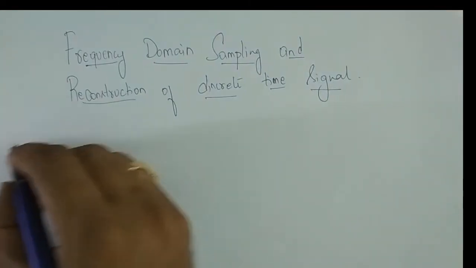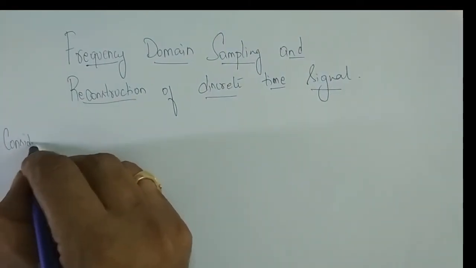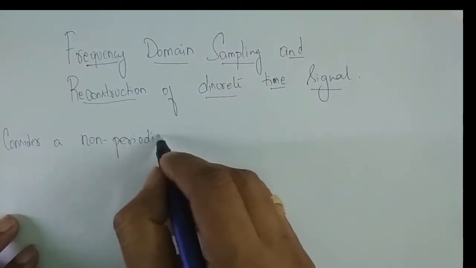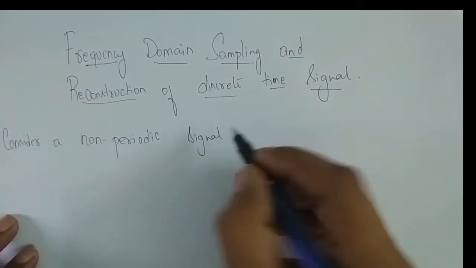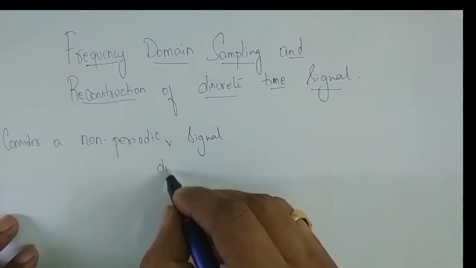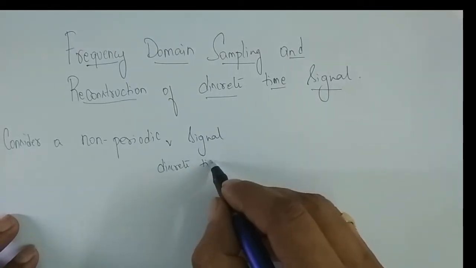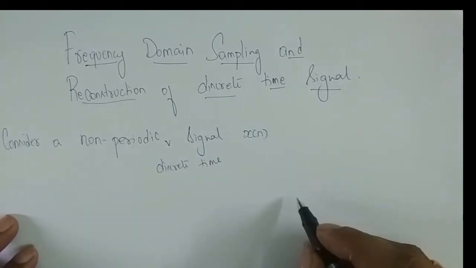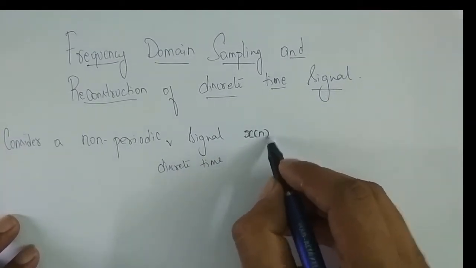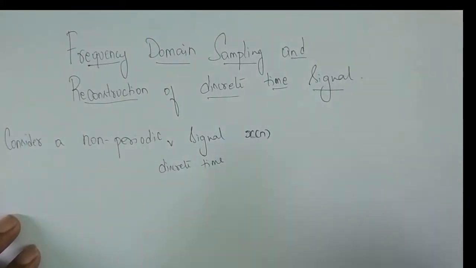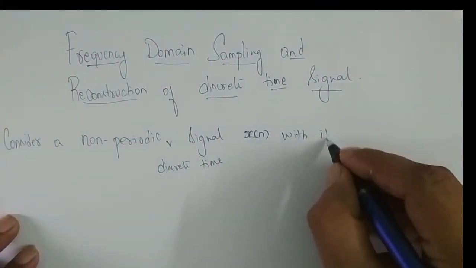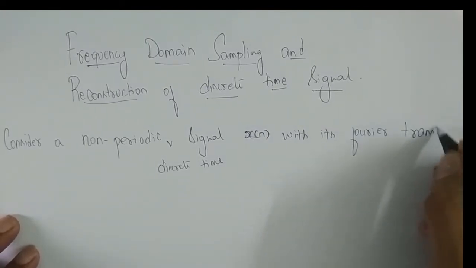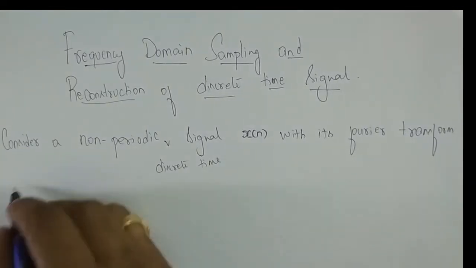We shall consider a non-periodic discrete time signal x of n. So we know that the discrete time signal is represented by x of n, right? With its Fourier transform given by